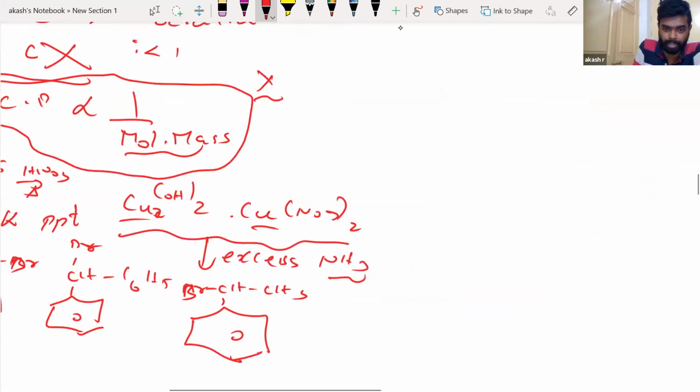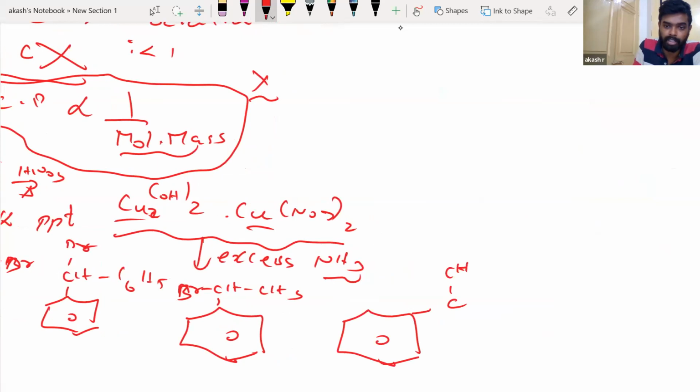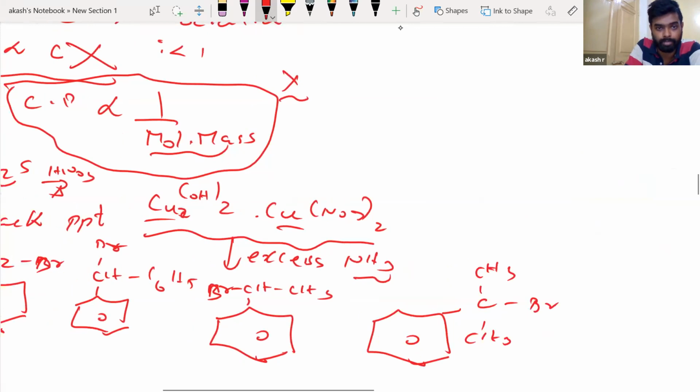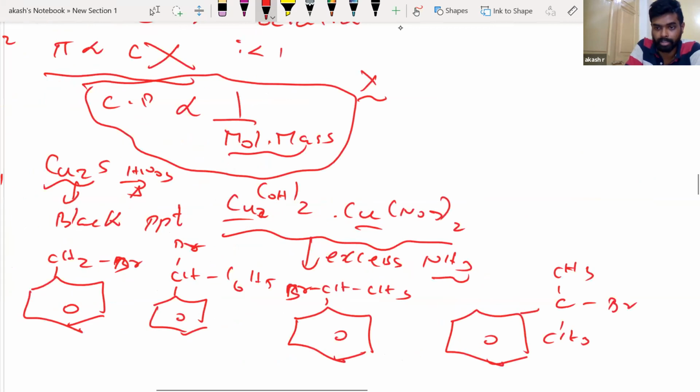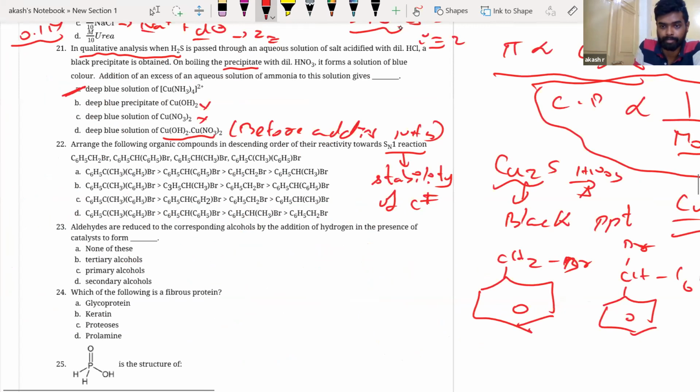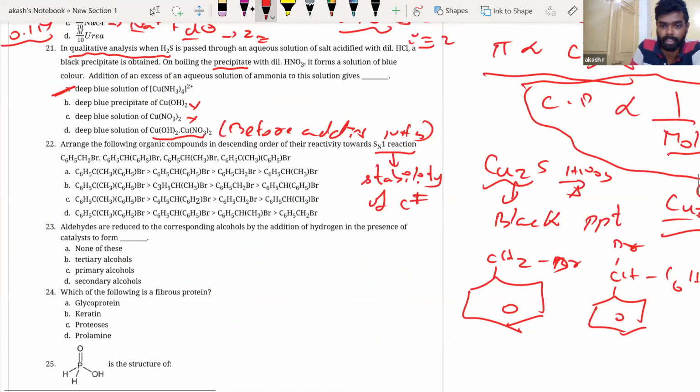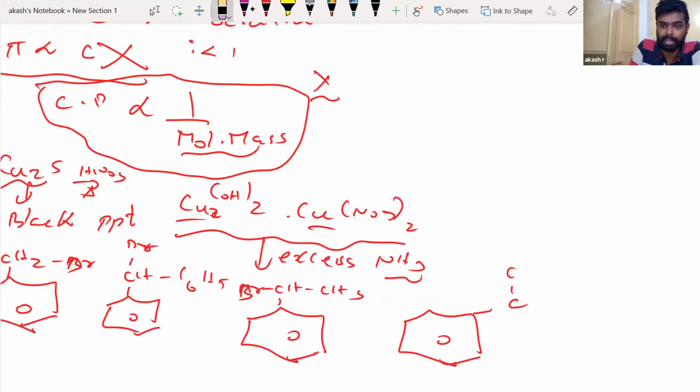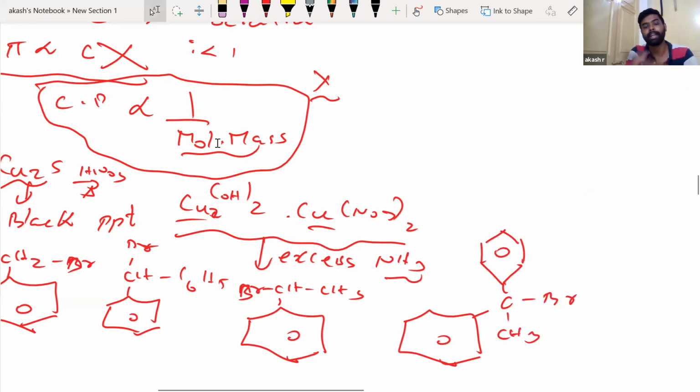Okay, let me write this here for my convenience. C, CH3, CH3, Br, right? Two CH3s I have, correct? Yeah, no. Last one is C, CH3, C6H5. Okay, this is also C6H5. Okay, if I can write this properly. So I have a carbon which is attached to another benzene ring, that is attached to one methyl group, and I have a Br. So these are all the 4 compounds I have with me.